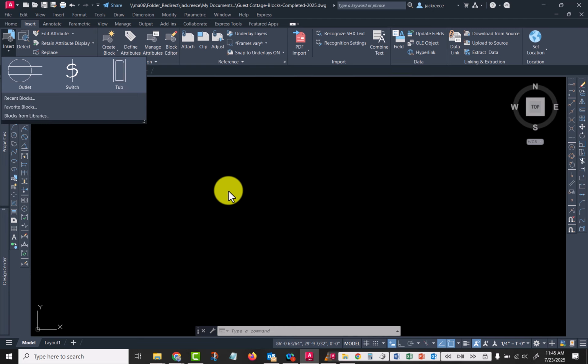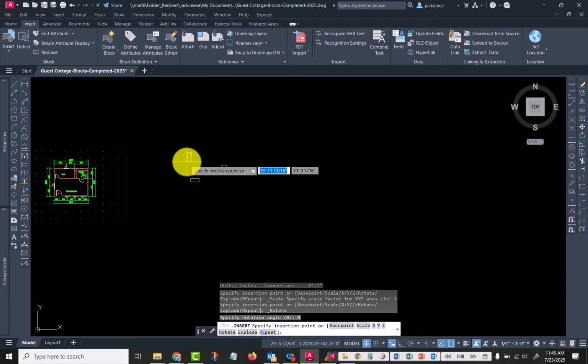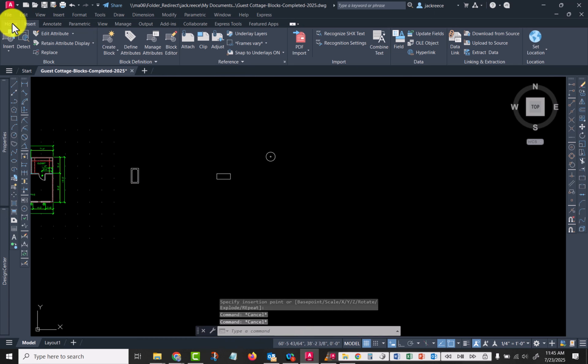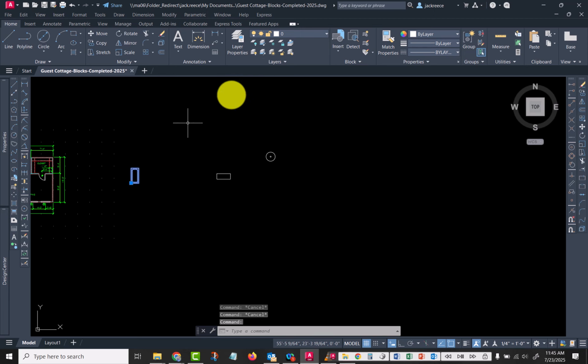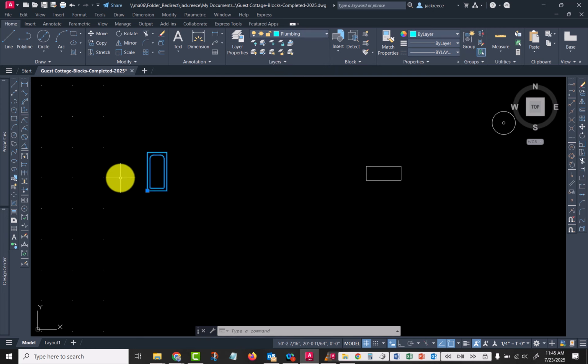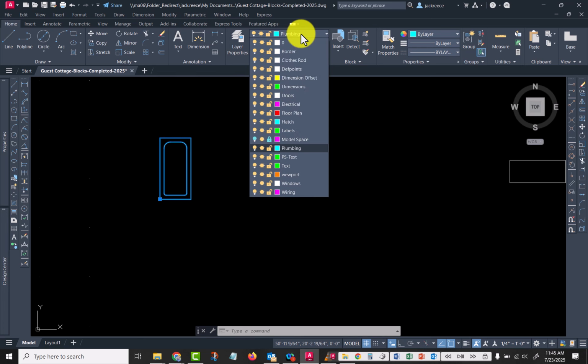I guess I need to go back and look at the original prototype and see. I'll check on that. Okay, and so to insert it now, I would go tub, I would click on that. And so now when I place it, it's still on the 0 layer. So if I select it, I can move it to my plumbing layer, and it takes on the properties of the plumbing layer. If I moved it to, let's see,